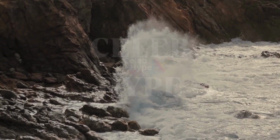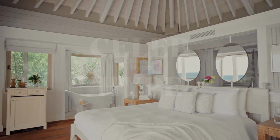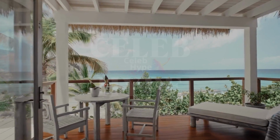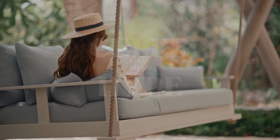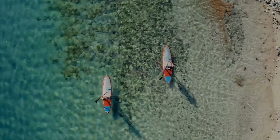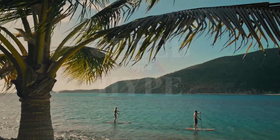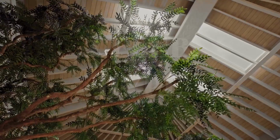Necker Island's appeal extends far beyond opulent villas and pristine beaches. For celebrities like Beyoncé and Oprah, it represents a sanctuary for mental and emotional rejuvenation, a place where fame's constant glare recedes and true rest becomes possible. The island's raw natural beauty, from verdant jungle paths to vibrant coral reefs, creates an immersive environment that soothes stressed